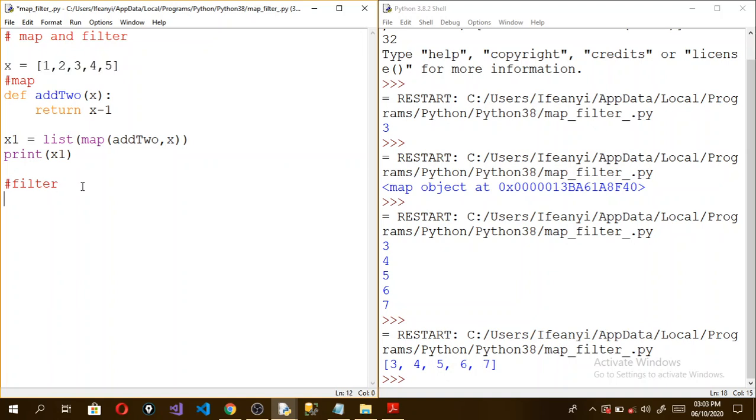Now for the filter, I'm going to define a function. Say is_even is the name of the function. It takes x and returns x modulus 2 is equal to 0. Now if you use two conditions, you will know that this will return a boolean. Okay, that's great. We just take note of that, and it will only return True when this x is even. That's x modulus 2 is equal to 0. So I'm going to say x2